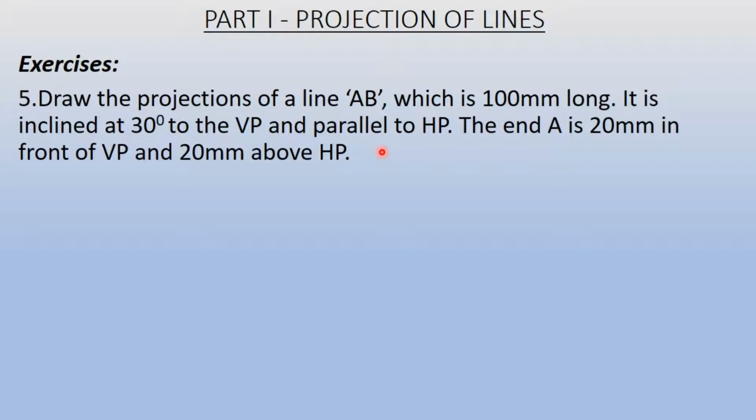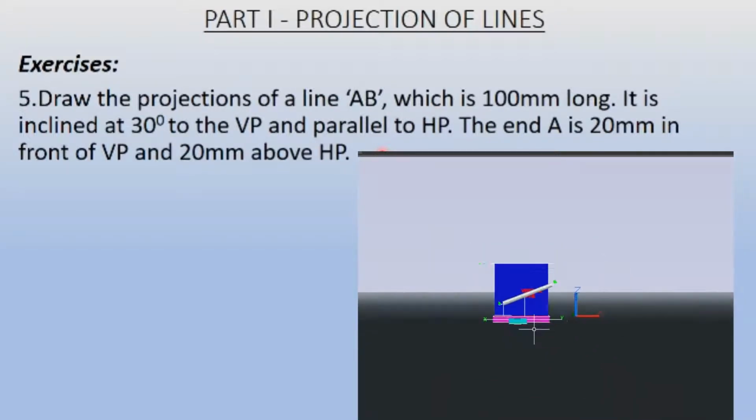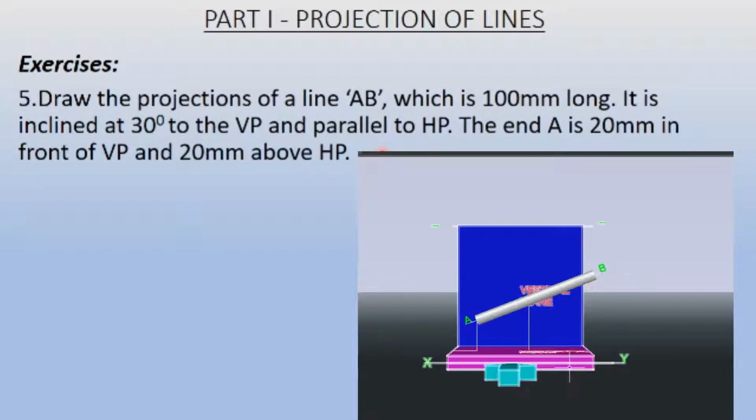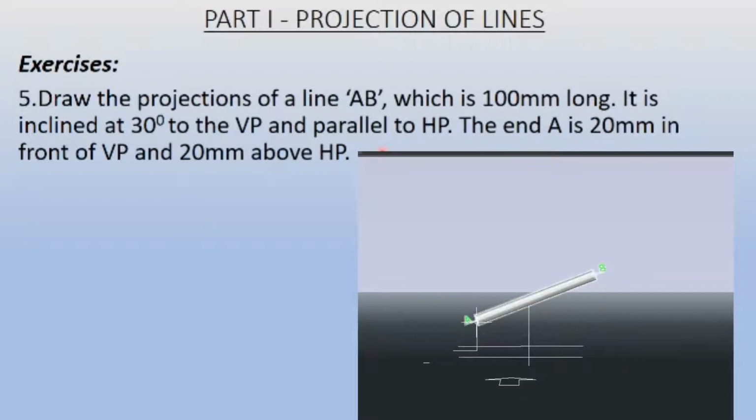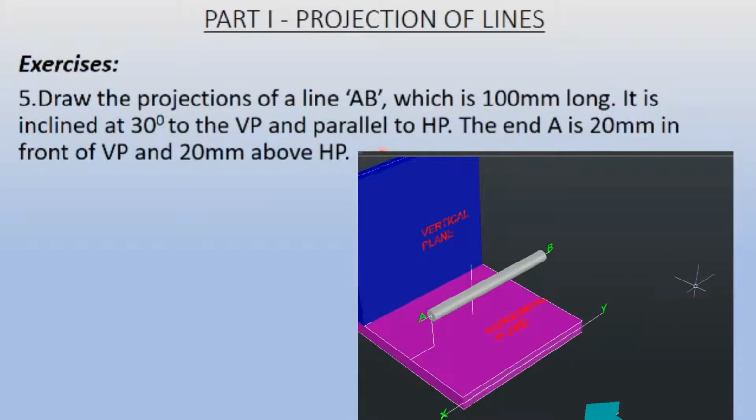So we'll see its explanation. Now this question is similar to the previous fourth question, but here the angle of inclination of the line is given with respect to the vertical plane. And from the previous question, this is a position from the previous question, the line is inclined to the horizontal plane. That is why it is looking inclined with respect to the horizontal plane. But in this question, it is parallel to the horizontal plane in this fashion, but it is inclined to the vertical plane.